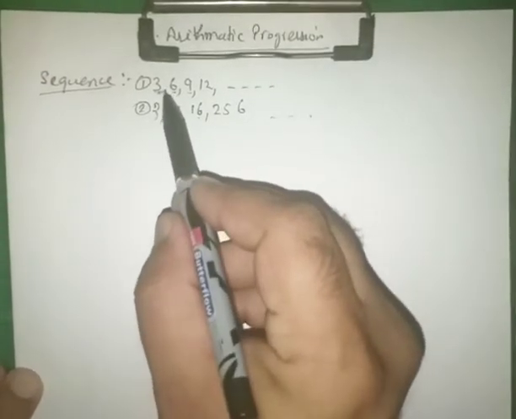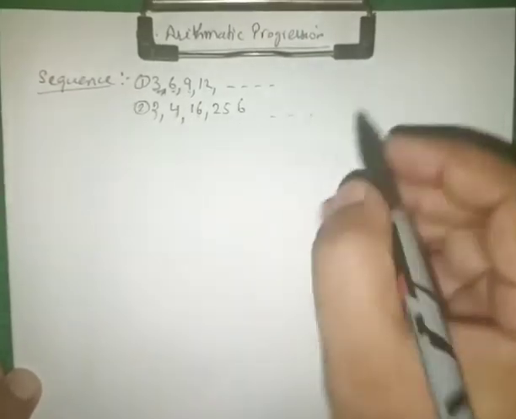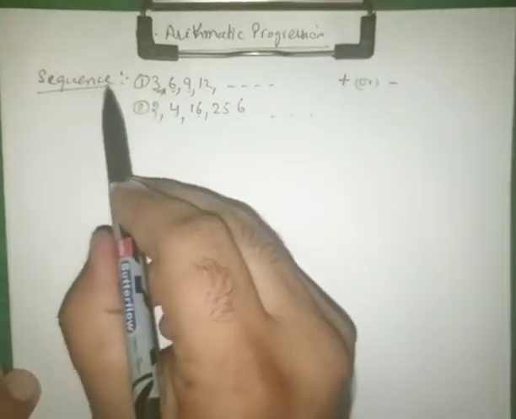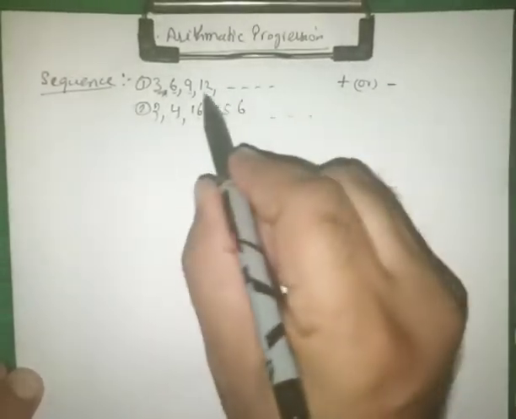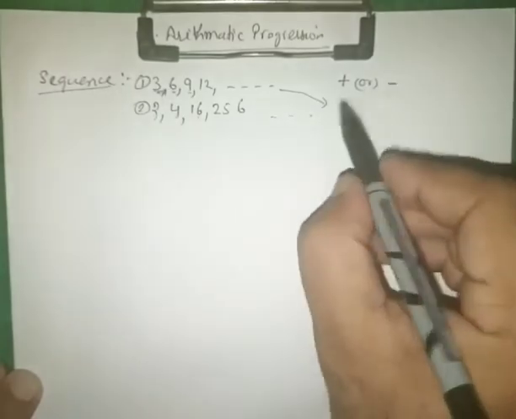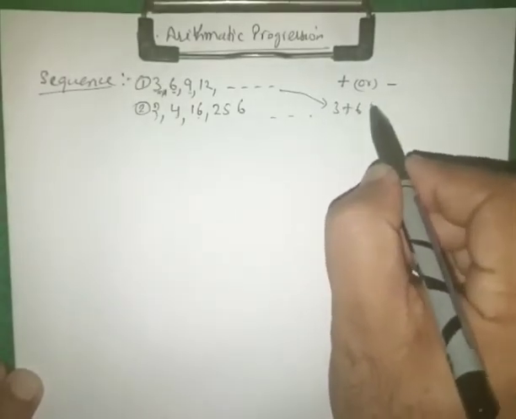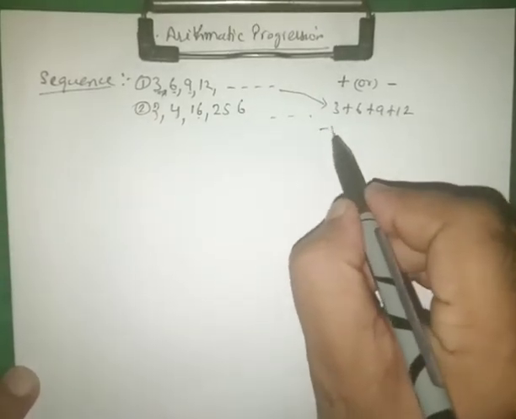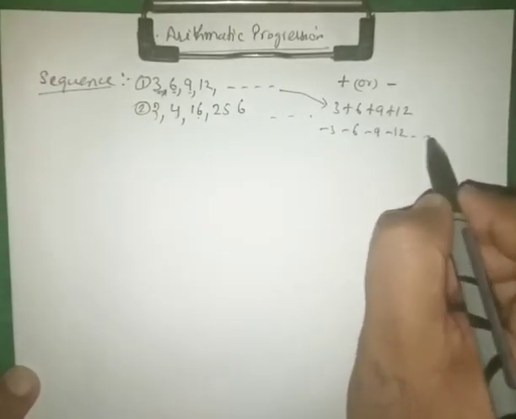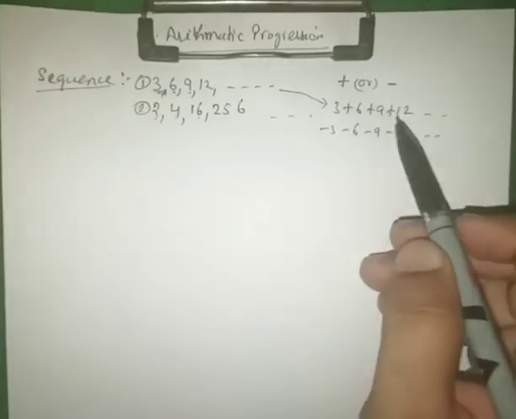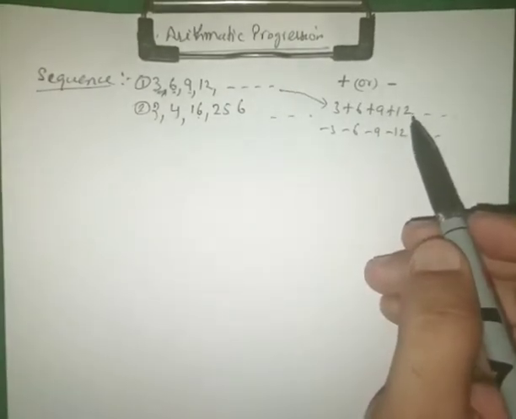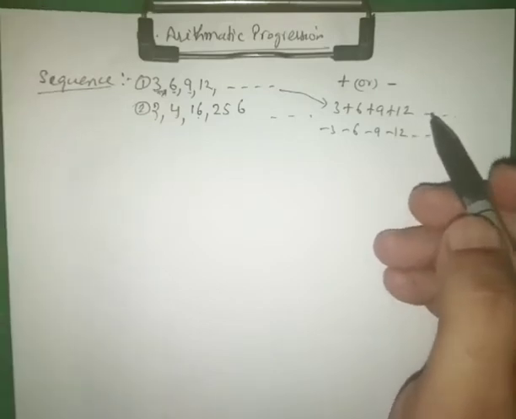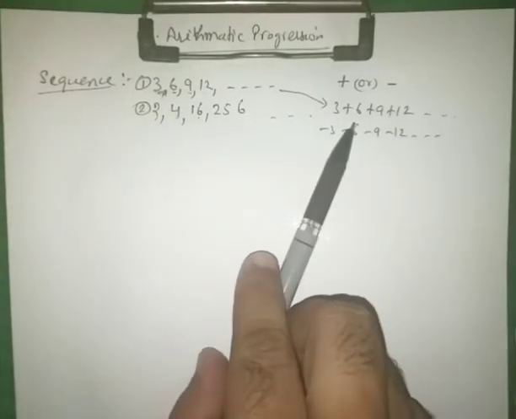Now when this comma in between the numbers is replaced by plus or minus, then the sequence is called a series. So this same sequence will be called a series if I am replacing this comma with plus, or I can write it as minus also. Minus 3, minus 6, minus 9, minus 12 and so on. Then this is called a series. So sequence and series both are taken in the same sense, only the difference is the sign.